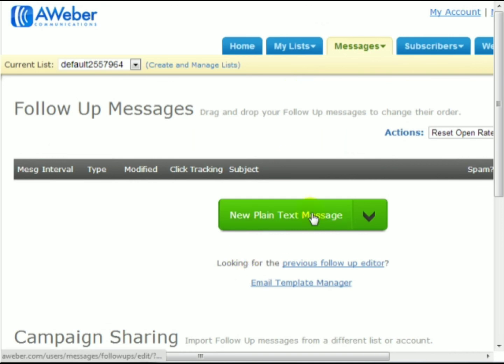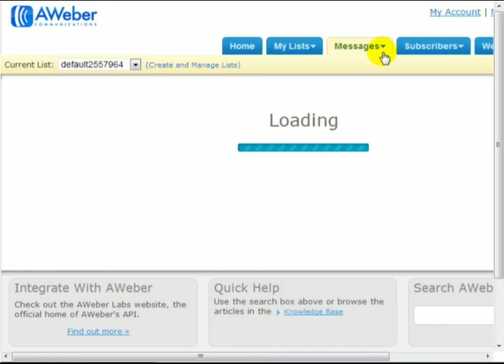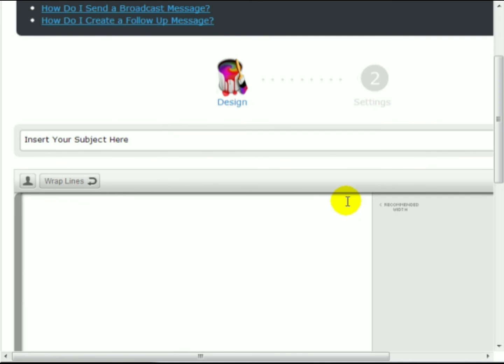So go ahead and click on New Plain Text Message. You can create HTML messages or you can create text messages. In this example, I'm going to be using text messages, which are basically just plain text. The welcome email, you probably want to say something like, here's access to your first outsourcing 1, 2, 3 video training. And then under that,